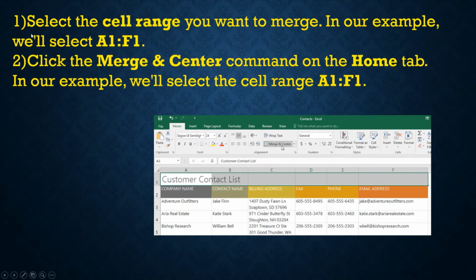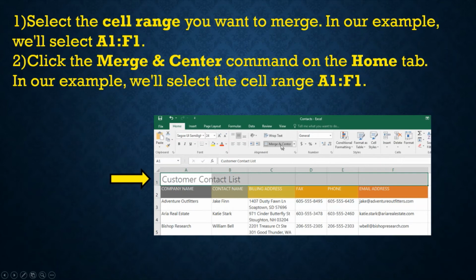Now let's see the steps of merging cells. So first of all, select the cell range you want to merge. In the example, we'll select A1 to F1. Now you can see with this black color border, you can identify that A1 to F1 is selected. Now second step, click merge and center on the home tab.